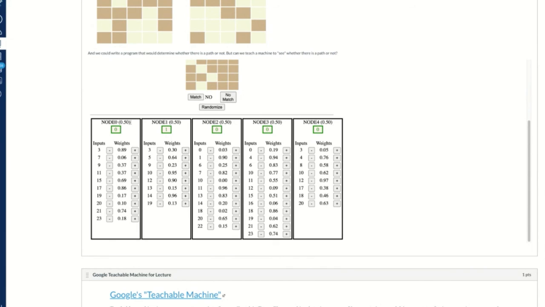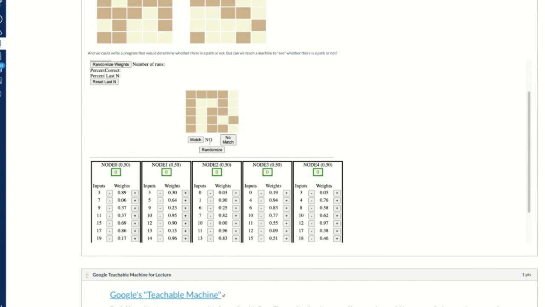This is the weighting that this node has for the final decision. These are the weights that it gives to each of these input nodes. The plus and the minus is here so that I can reward or punish connections that get it right or get it wrong. And so if I were to randomize